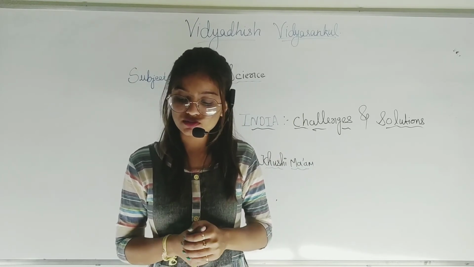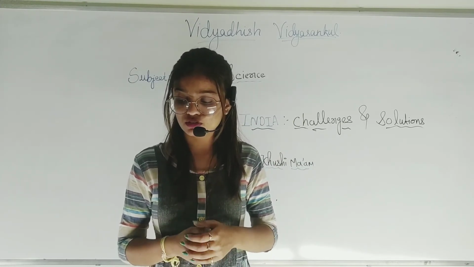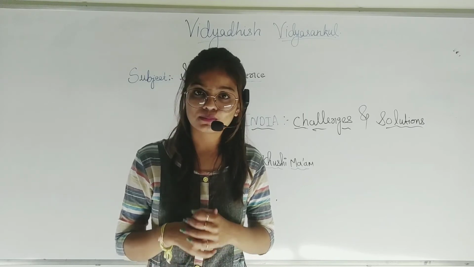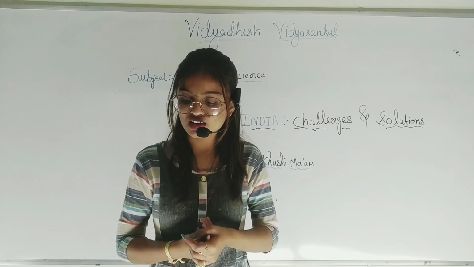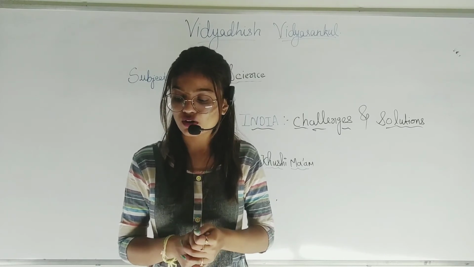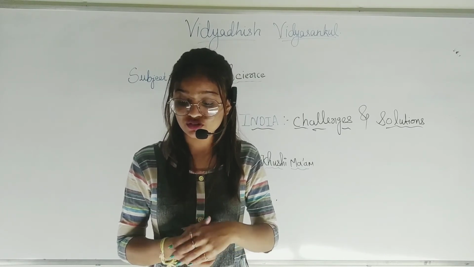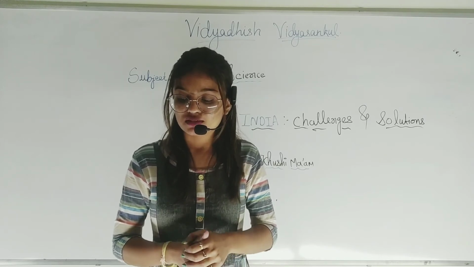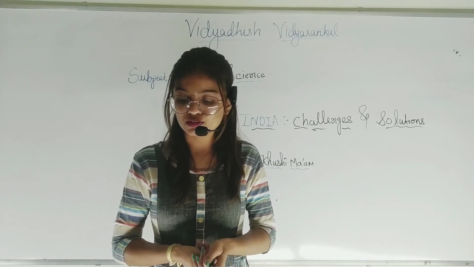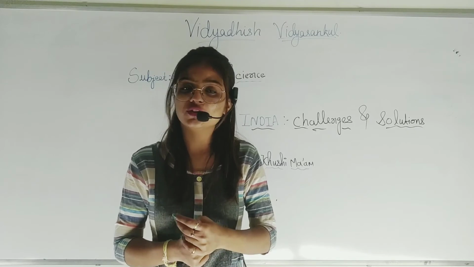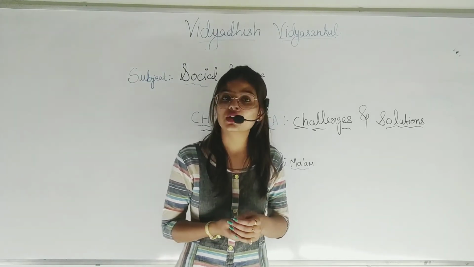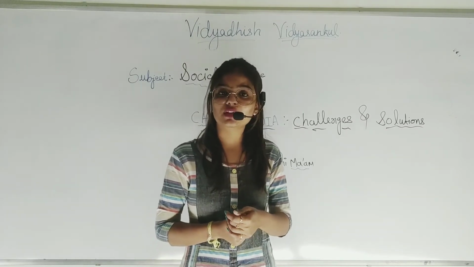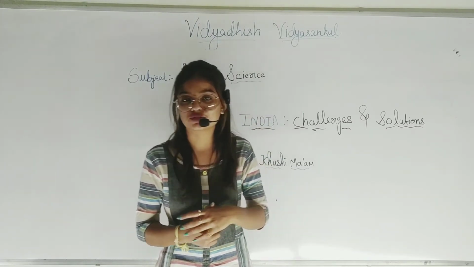Next, apart from this, various other challenges faced by the nation are orthodoxy. Orthodoxy means the level of thinking is very low. Communalism, regionalism, discrimination based on languages, border issues, and rehabilitation after natural disasters. Study this in detail and try to learn the possible solutions to these problems with the help of your teacher. Then, students, we all know about natural disasters, right? In our chapter number 5, we covered all the natural disasters,